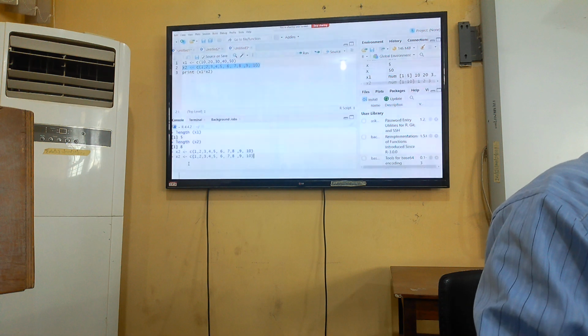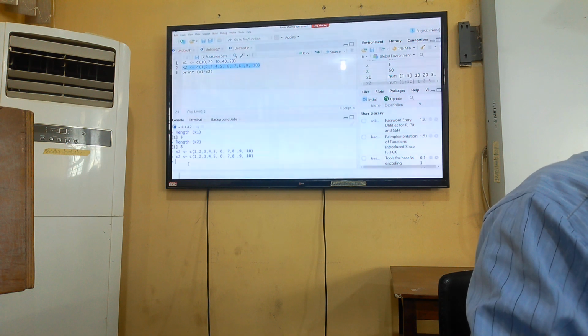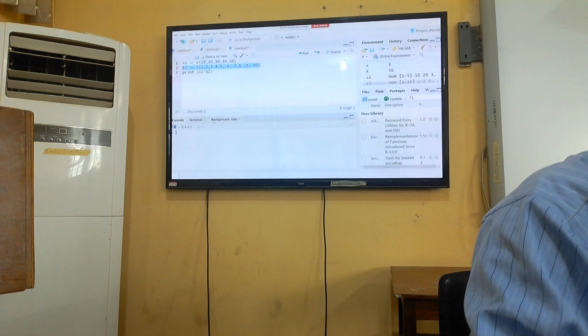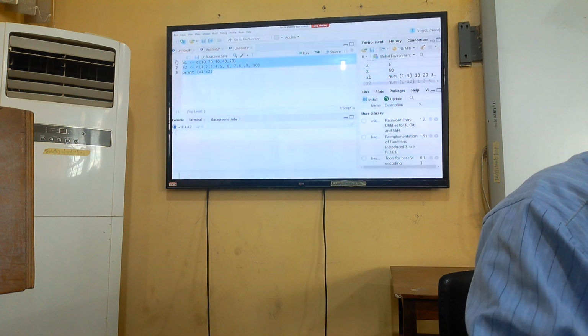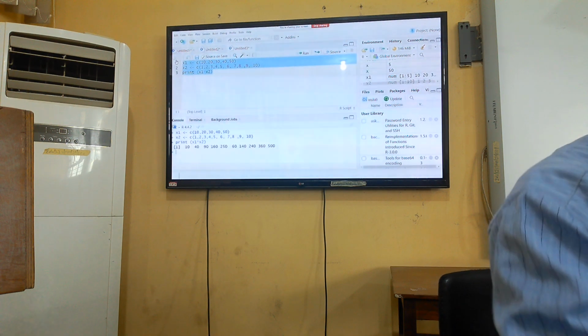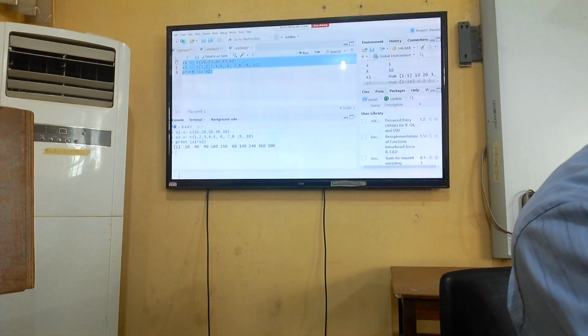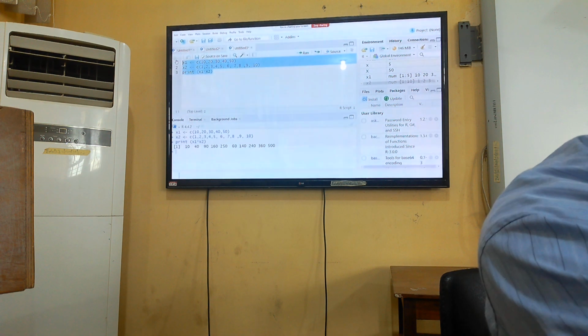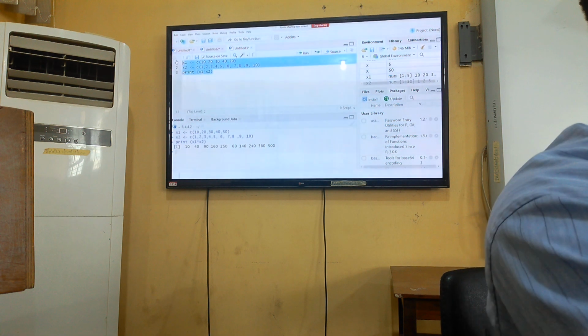But in this case, if you run this one, the length of x2 is now what? The length of x2 is now 10. So if you try to do it now, it will not give you an error. It will now start from the beginning. That was the explanation I wanted to give, but I forgot to add that if they are not consistent,